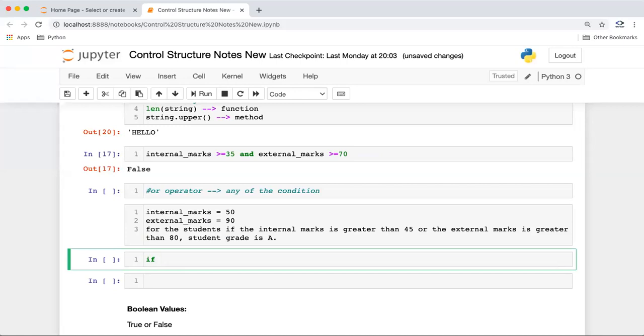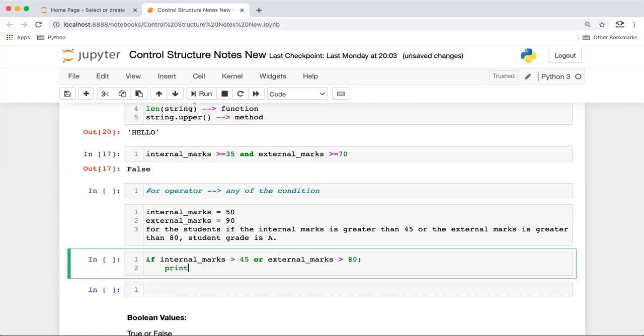We can simply write if internal marks is greater than 45 or external marks is greater than 80, grade A.